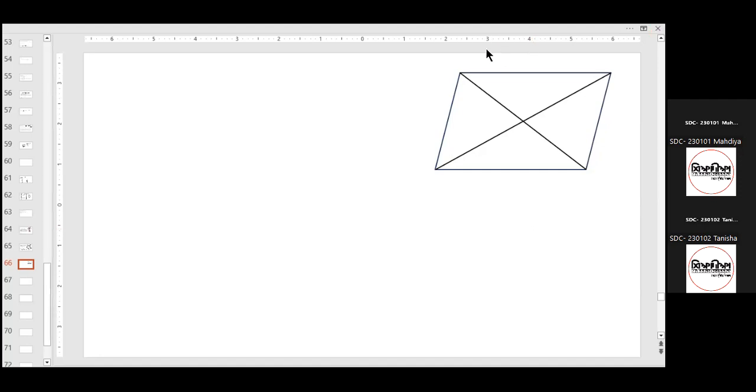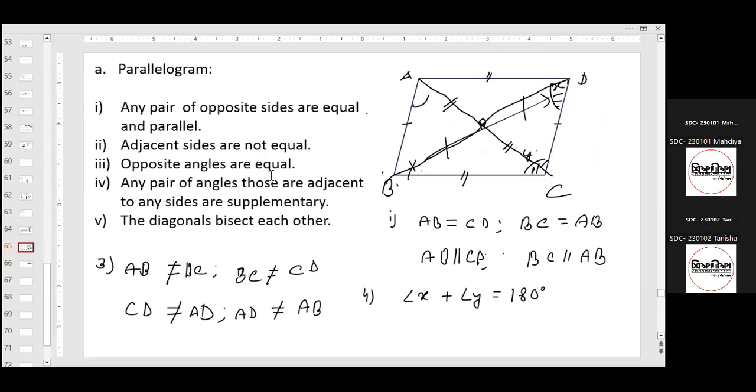Okay, so ultimately we have 2 diagonals, and we didn't discuss anything about the diagonals yet. We just said diagonals bisect each other, right? When you say bisect, I mean